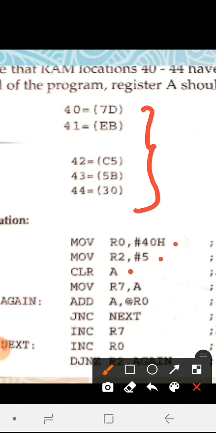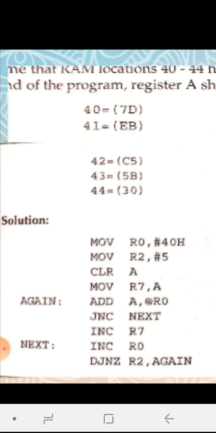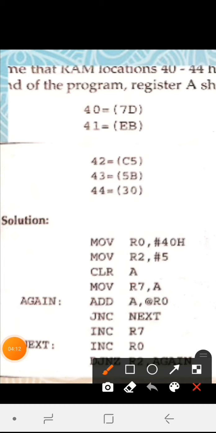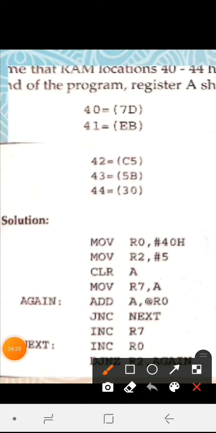So A and R7 both we are making 0. Both the instructions are making them 0. The next instruction is ADD A, @R0. It is taking the data which is pointed to by R0, adding it with the content of A and storing the result in A. Now here we will check for carry.